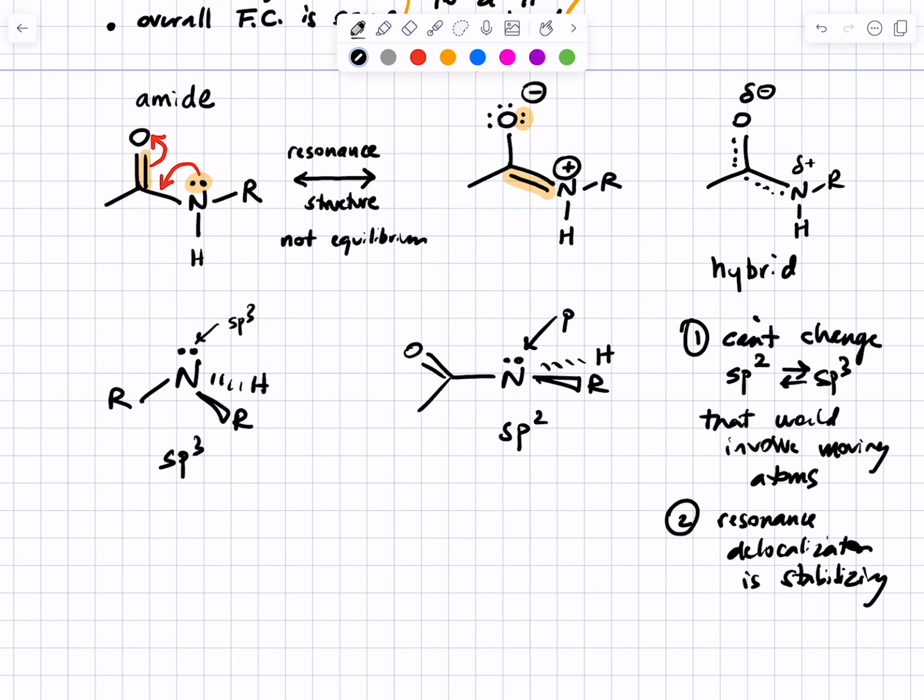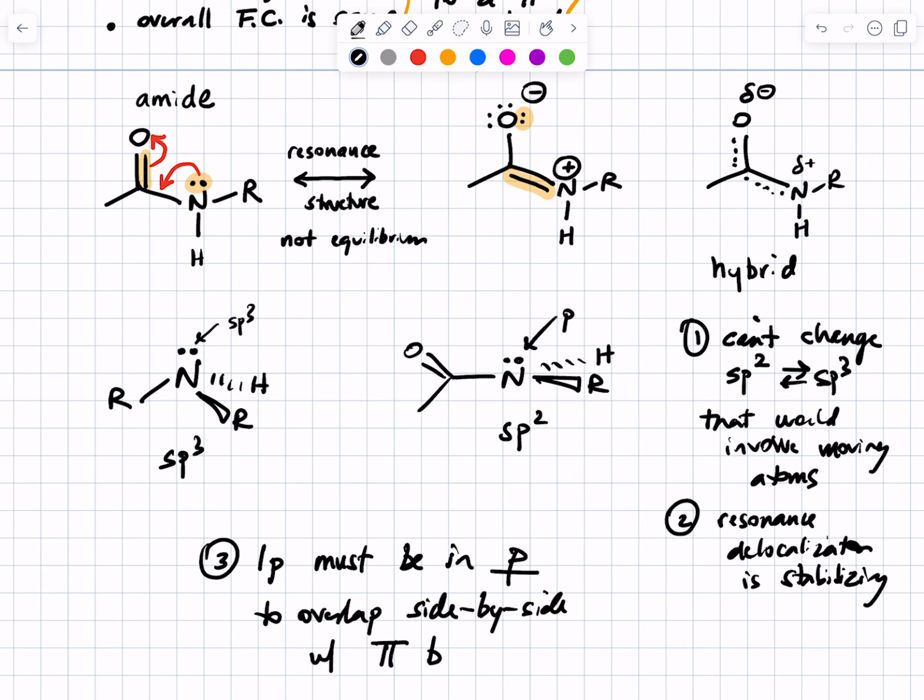In order for the lone pairs on that nitrogen to participate in resonance, the nitrogen has to be sp2 hybridized, so the lone pairs can be in a p orbital where they can line up with side-by-side overlap with the pi bond of the carbon-oxygen double bond. Okay, so the third observation is the lone pairs must be in a p orbital to overlap side by side